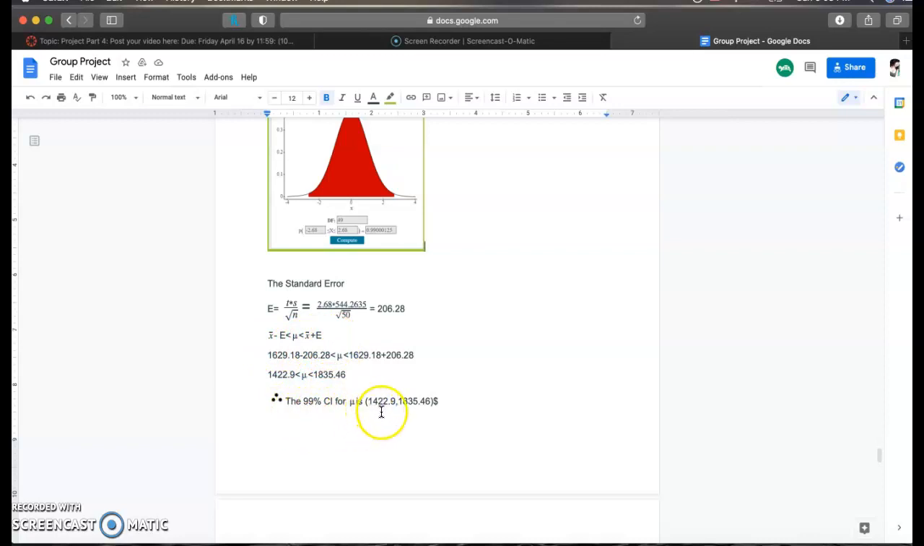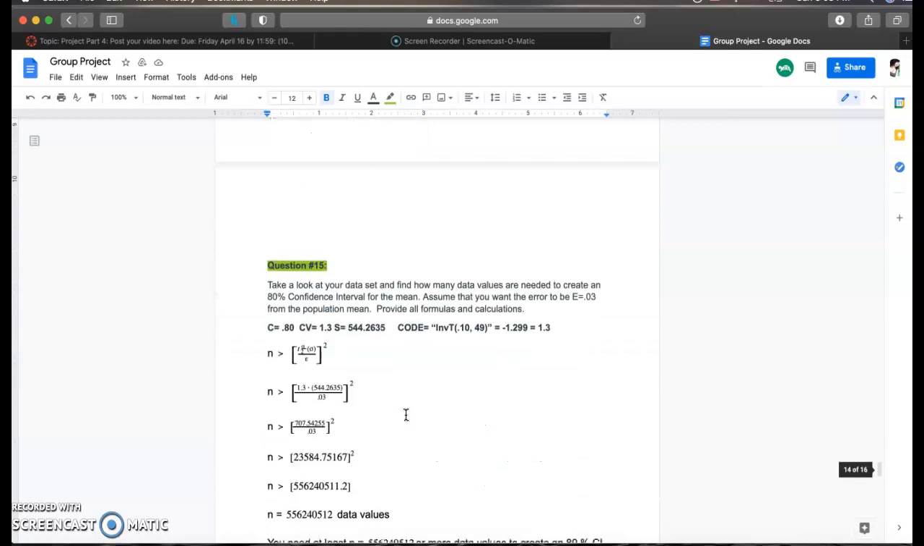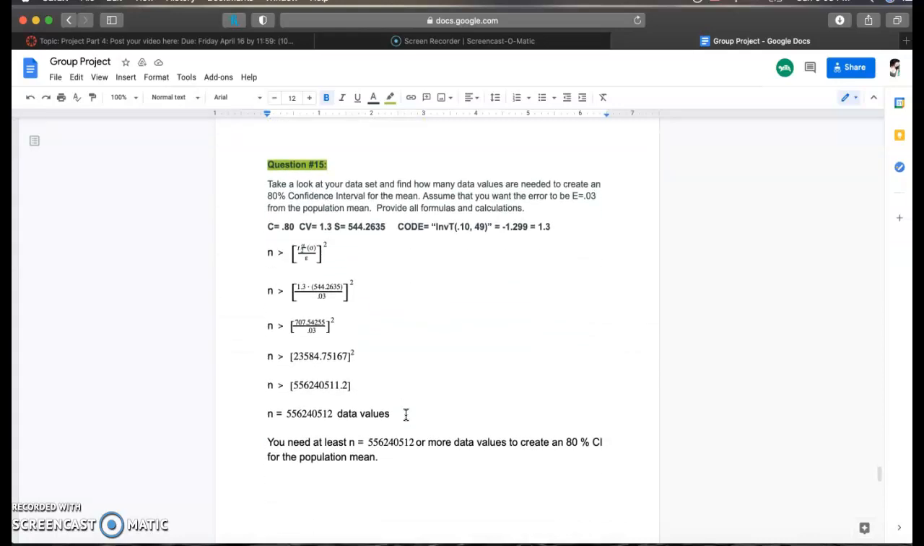is $1,422.946. Now for question 15, we had to take a look at our data set and find how many data